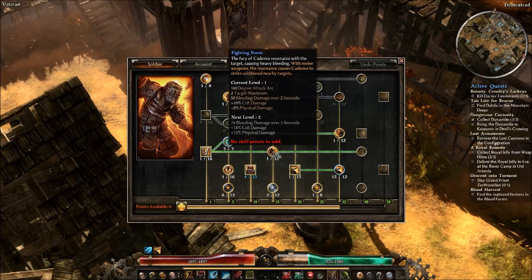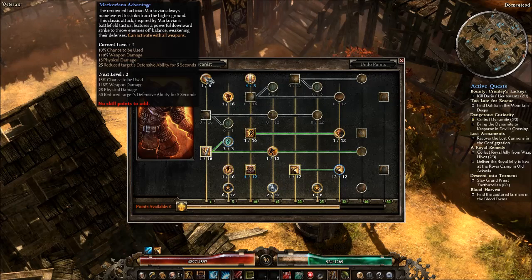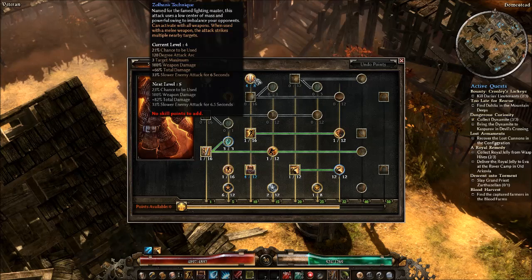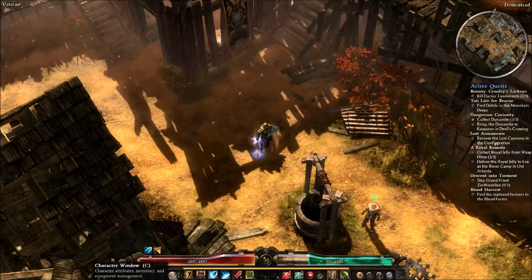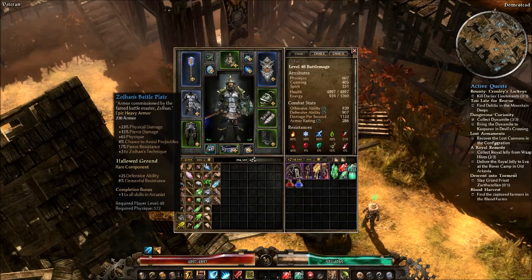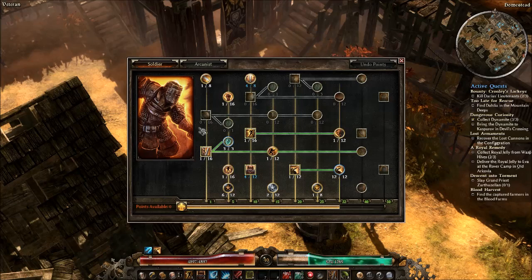And then I did put 1 point in Fighting Spirit, 1 point in Markovian's Advantage, and 1 point in Zolhan's Technique, which he gets +3 on from his chest piece. Right now, I have him with a +1 to all Arcanist skills, Hallowed Ground, but that's only because I didn't have a +1 to all soldier skills, which I think would be the better of the 2 options, just because he has so many one-offs in this tree